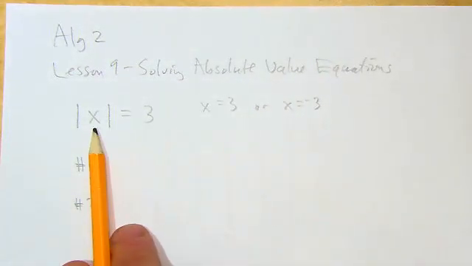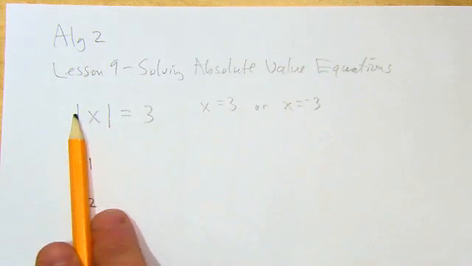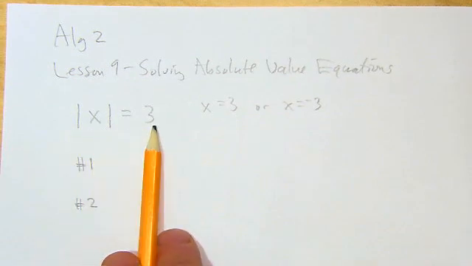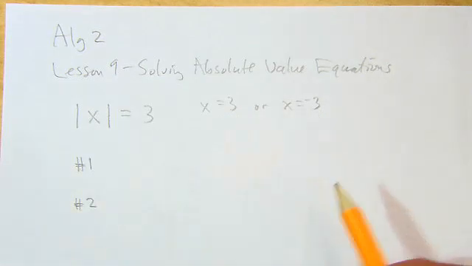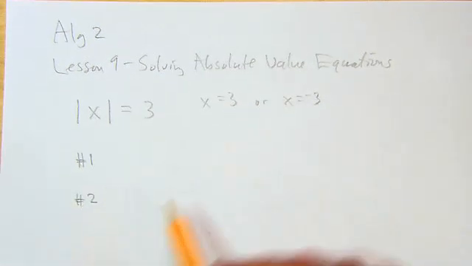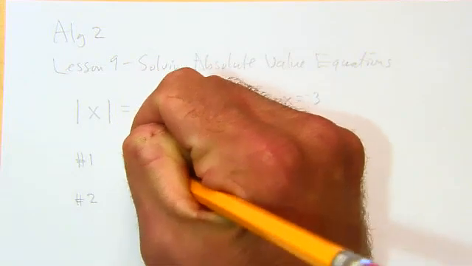Because you remember absolute value means, hey, if I put a negative in, -3 in, it turns positive. So there's actually two answers. It could be 3 or -3. Okay, so solving these is going to be two steps. One, isolate